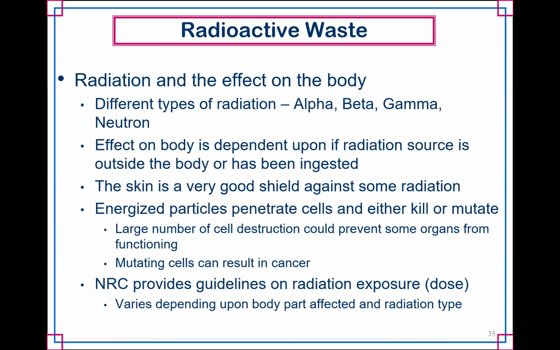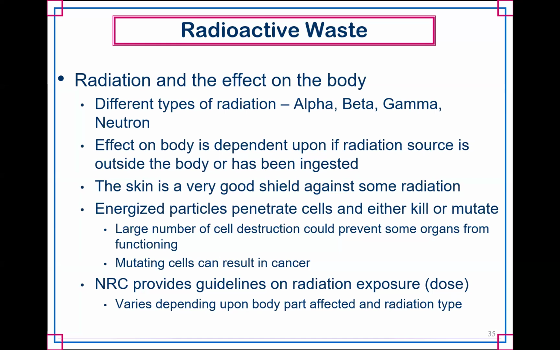But the problem becomes when you have these energized particles, moving at a fairly high rate of speed, and they come into contact with a living cell, and it can damage that cell or it can kill the cell. As long as you don't kill too many cells, that's not a problem. The issue becomes when you mutate the cell. If you have too many mutating cells, they are not necessarily doing their job of building an organ in your body or something like that. And so that's the cancer. That's the most prevalent one with radiation, cancer, because of the mutation that results from the damage